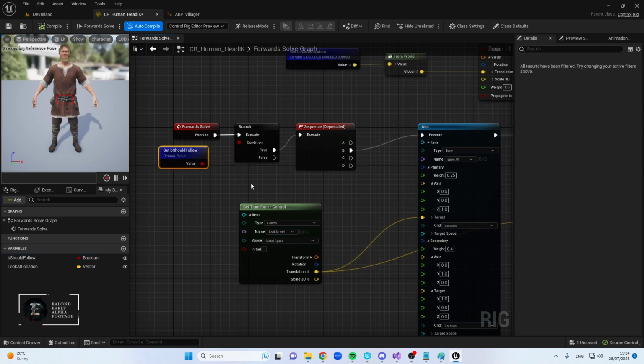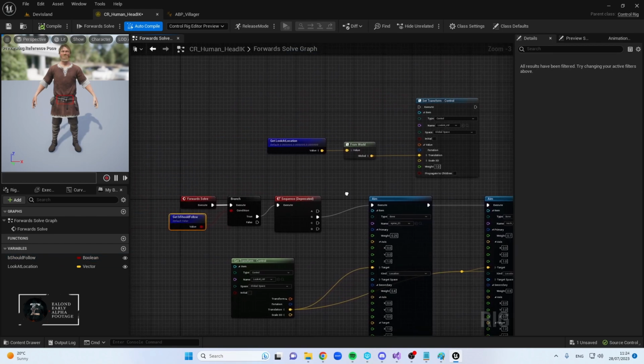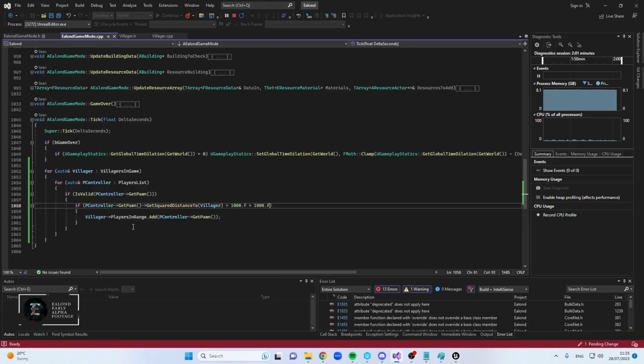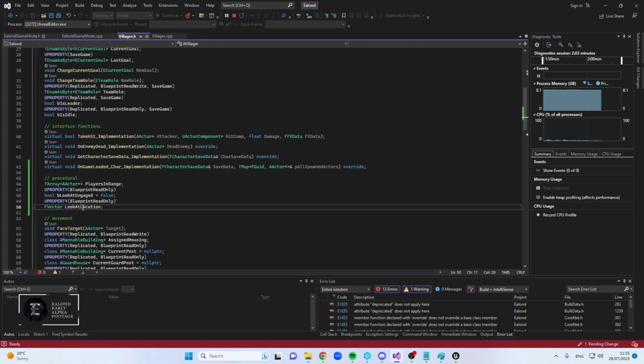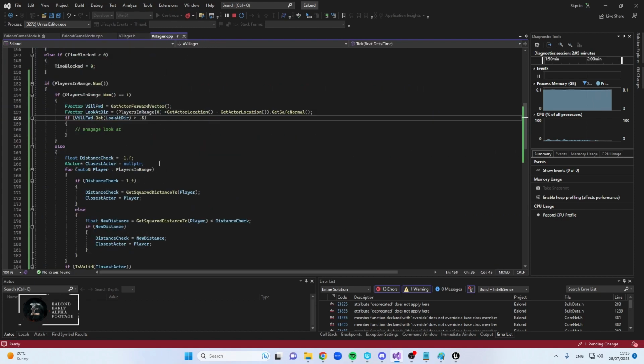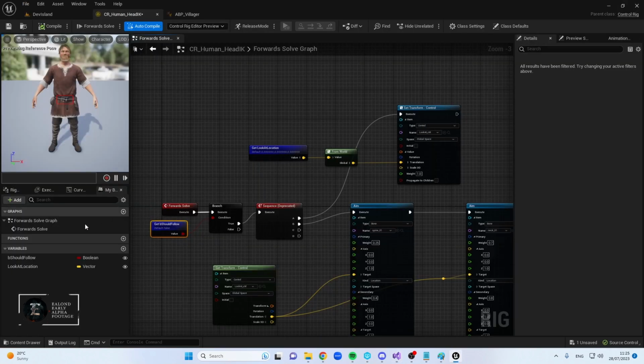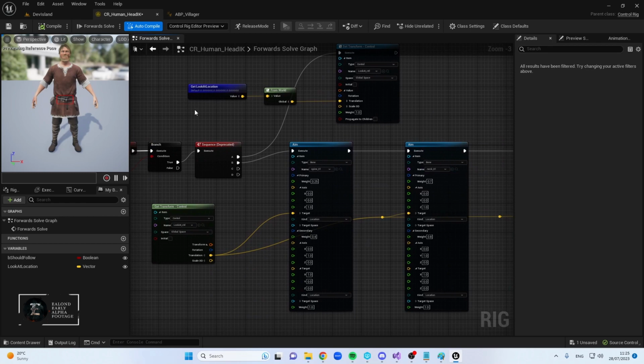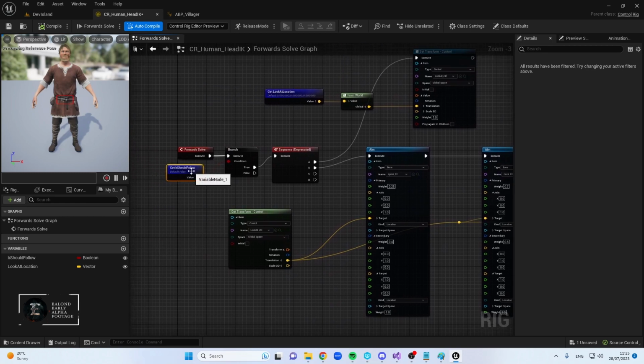should follow is true, then you need to firstly set the transform of this look at location here. So if you remember, we fed this variable here, look at location. We're going to update it in code. And this is basically saying, all right, we've received that location. Now move this little square to that location. And then this stuff, just make sure the body follows as we looked at before. So these are the two variables that we've just put in,